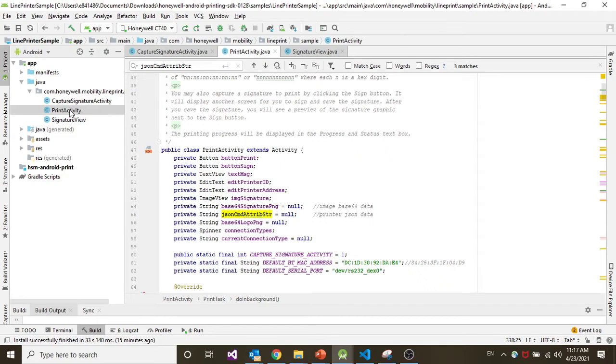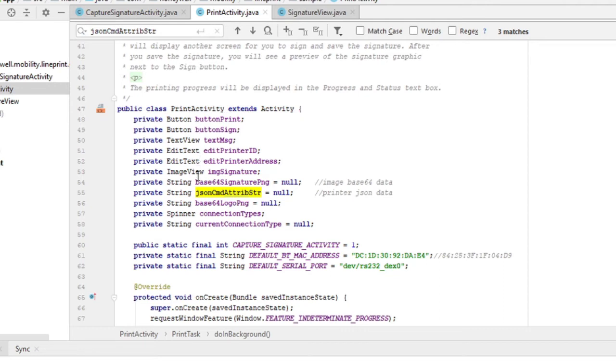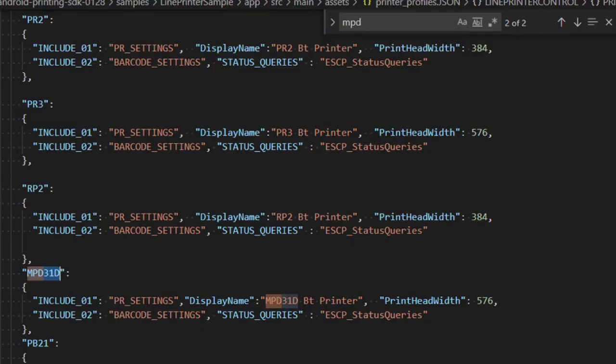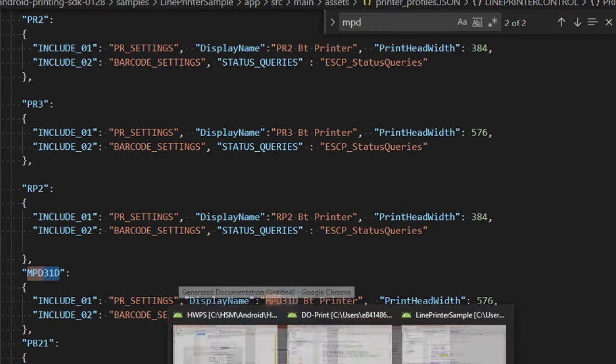So this is the print activity source code. Basically, you can see there are all the various widgets or objects being defined for the activity itself. But I just want to draw your attention to some of the variables here, like the string base64 signature PNG. This is basically a string that contains the image base64 data. As for the JSON command attribute string, this is the one that will capture or load in the printer profile JSON file we saw earlier. All right, so that is to keep it so that you can pass it over to the SDK during the